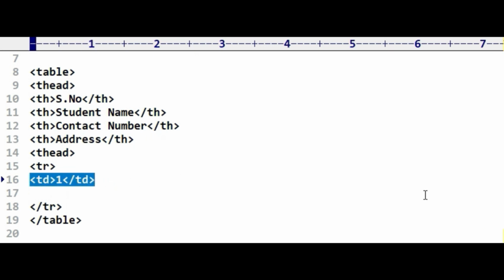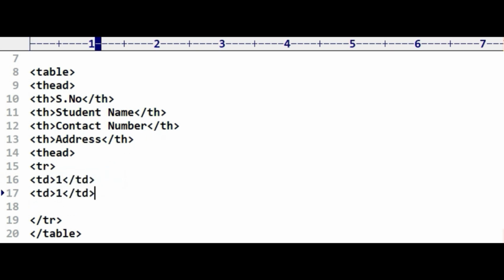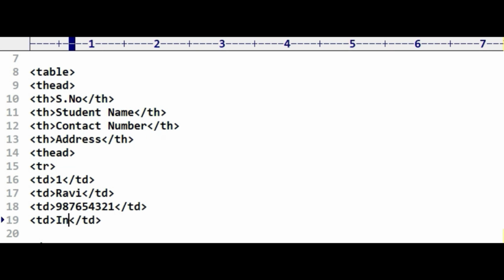So now we are going to copy and paste this. First, the second is the name, for example Ravi. Contact number is, can take, and the address is Indore.